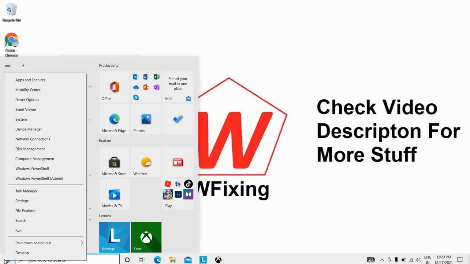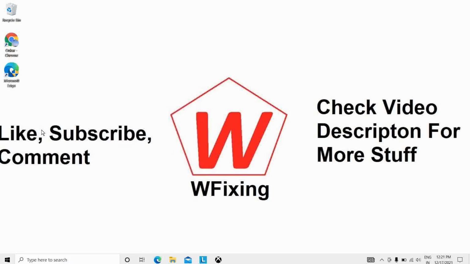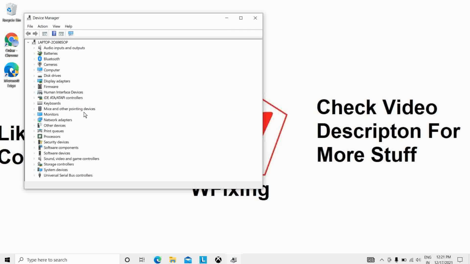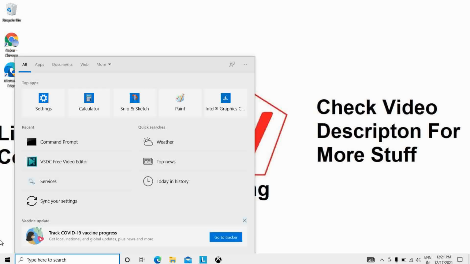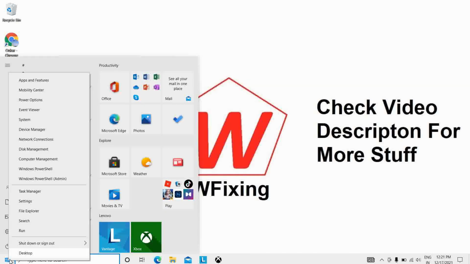Then we are going to open, not the device manager, but the task manager. Then we are opening the task manager.